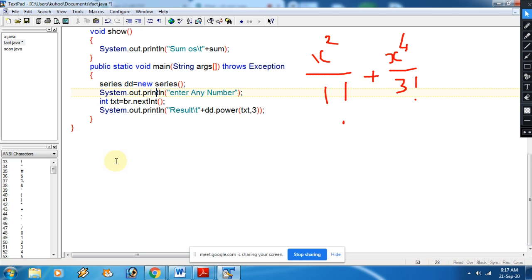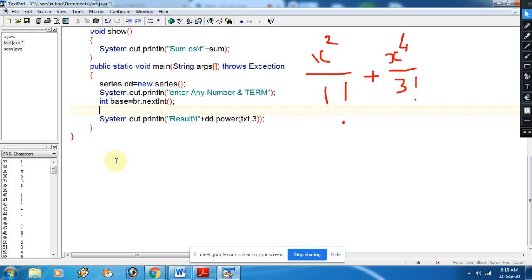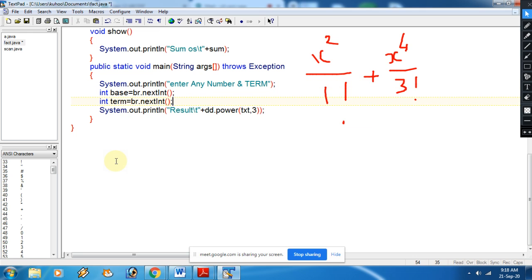After that, we are inputting two numbers and the term. For the base we are using base, and the next one is term, right? In the question the parameterized constructor is given, so here we are using base comma the number of terms, right?